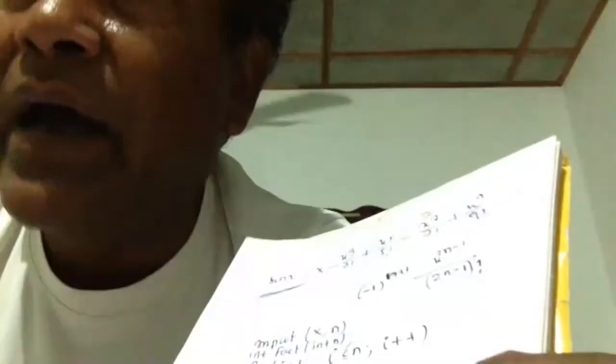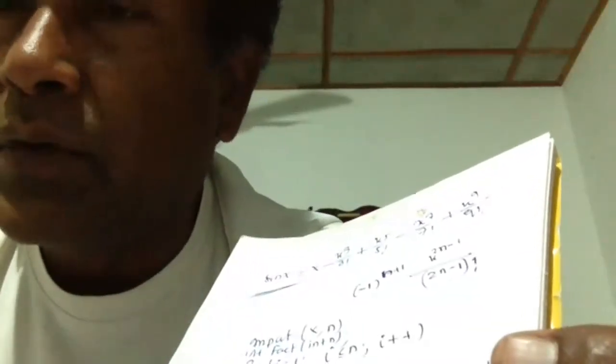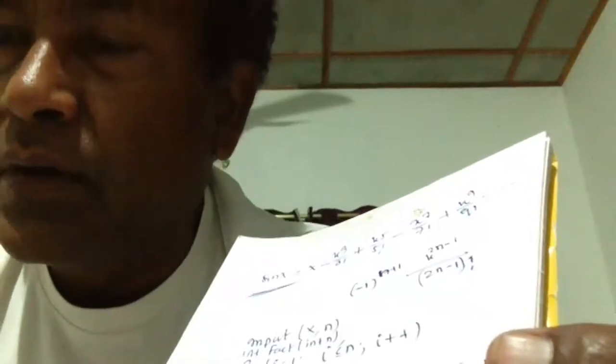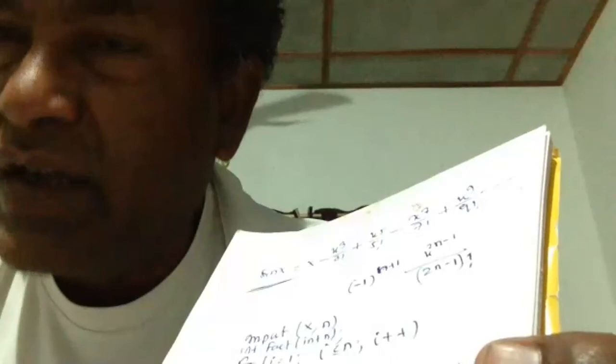Return, then there is no argument. If there is no argument, no need to go for C. That's why I told you now, just go through the books for the rest of the examples. I am giving only one example, the example of function with return and with argument. In the books, the rest 3 examples are there. Just go through it, then your idea will be clear. Otherwise, in the next class, I will explain.